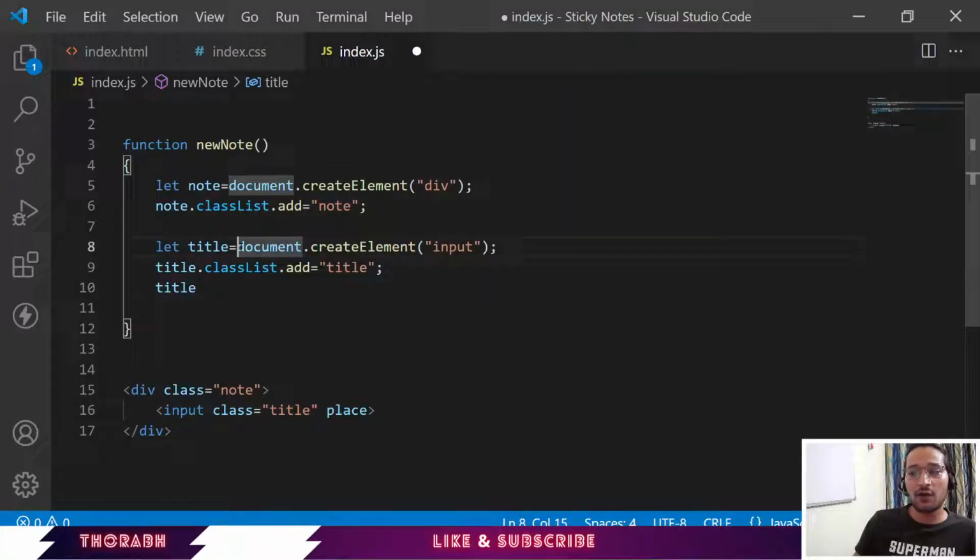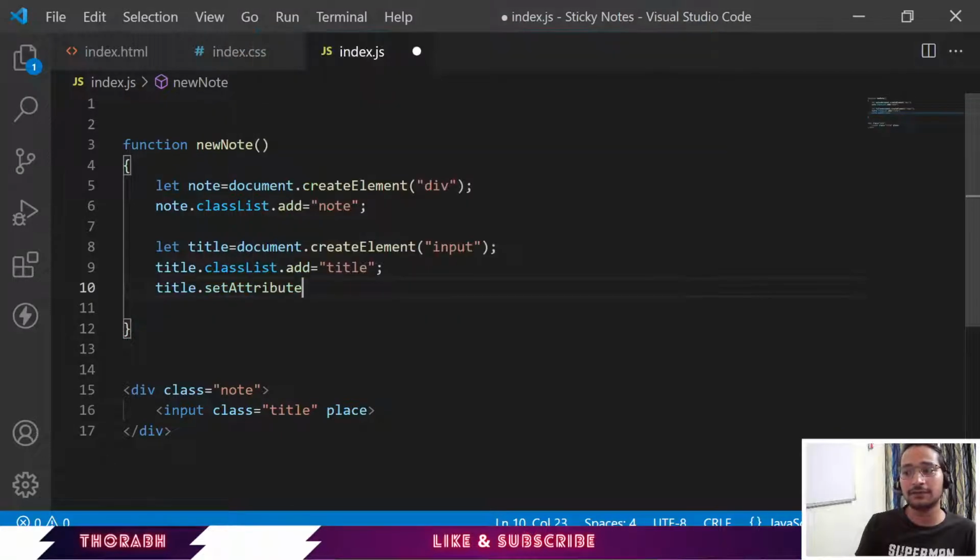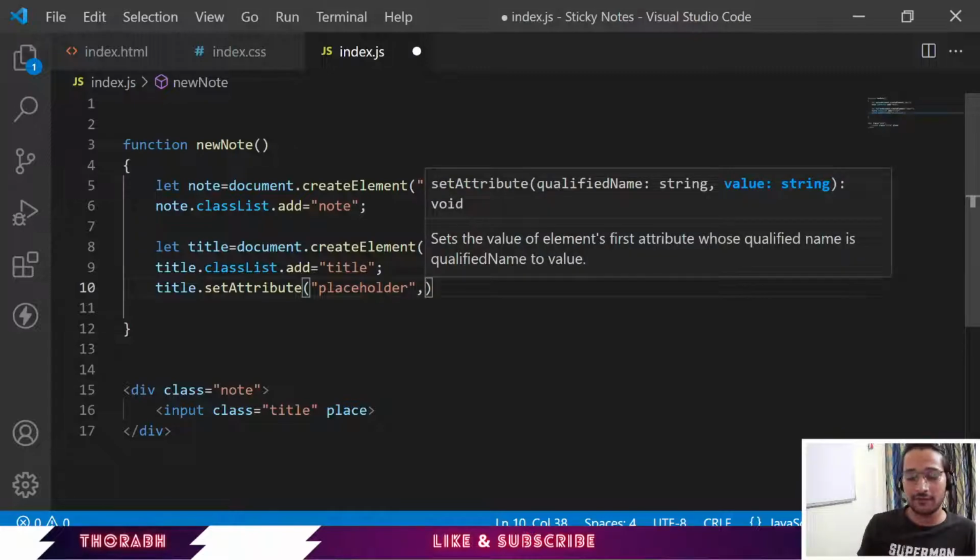See guys, now whenever you want to use this input element, you're going to use this variable. That's why I stored that in this variable. I create the element and store it in a variable so that I can use it multiple times. So now title dot, the function to add an attribute is set attribute. Correct way of adding. So title dot set attribute, what do I want to add? I want to add a placeholder attribute and I want to give it a value of